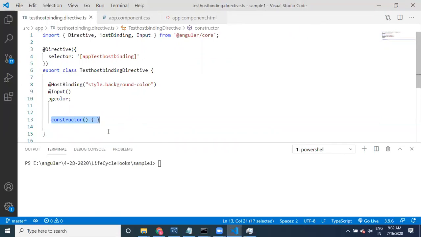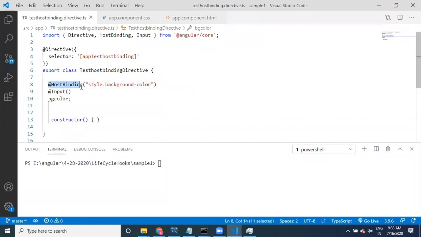We are not injecting any element reference also. I have taken a property called BG color, and this is an input property, so that we can assign the value for this. Whatever value is available, that value will be assigned to this property.